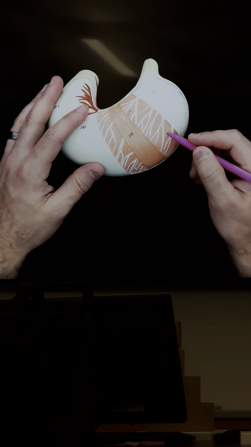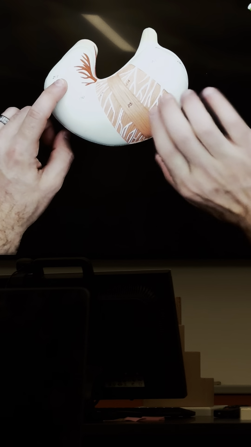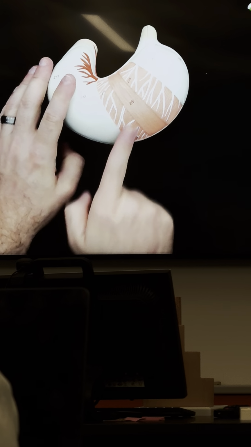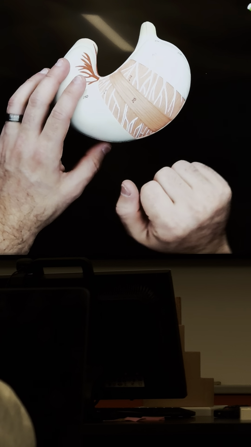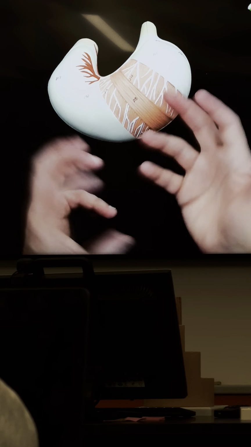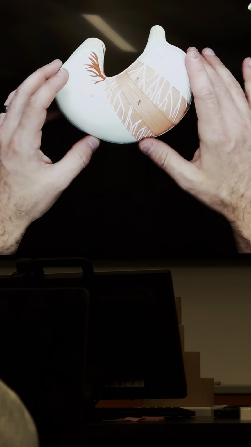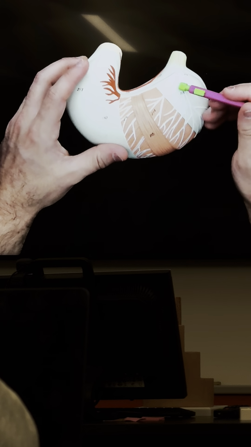You have your longitudinal layer that runs lengthwise up through the stomach, making the stomach contract like that. Circular layer in the middle, making it contract like this. And an oblique layer running at an angle on the inside, making it contract at an angle. So combining 3 different directions, you get more movement than your stomach would have if it just had one set of these. Okay. And then you have your enteric plexus.